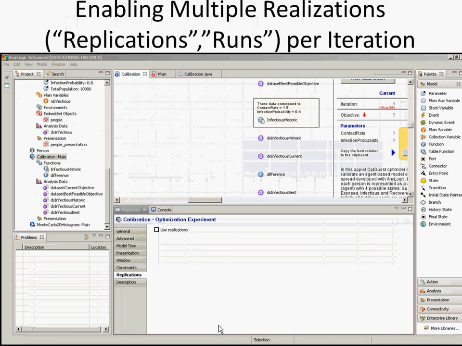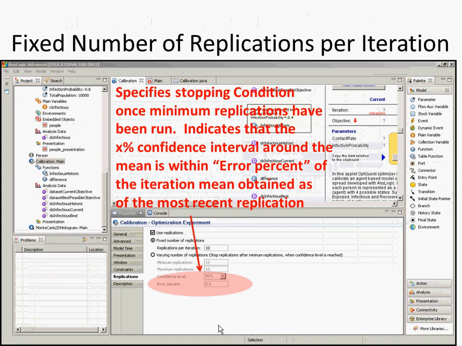If we select this, we could either select a fixed number of replications, and I think right now it's at 10 on mine, in which case, ladies and gentlemen, it will always take the mean of those. That's not always viewed as desirable from my perspective. If you're doing 10 realizations, it always takes the mean value of their discrepancies to determine the discrepancy for the entire set. Or we can do this not just based on a fixed number, but a varying number,